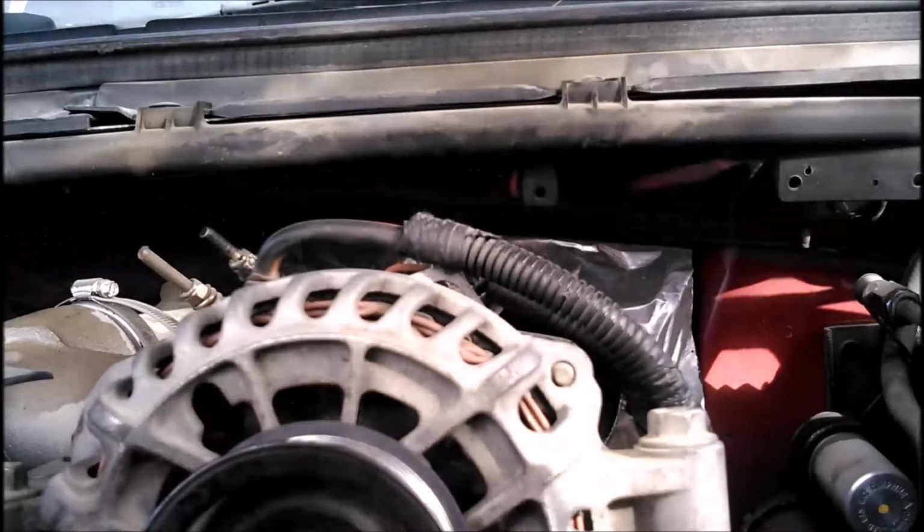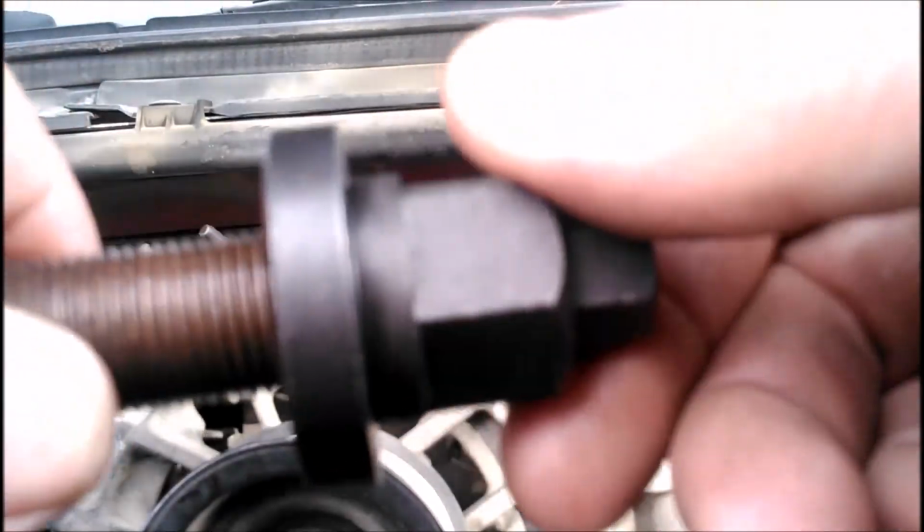So I'm real disappointed in this. I'm usually kind of a... Oops, lens was on the wrong side. That's why I wasn't getting that shot. I usually like Harbor Freight stuff a whole lot. It's usually a good deal for the price. But this one here...